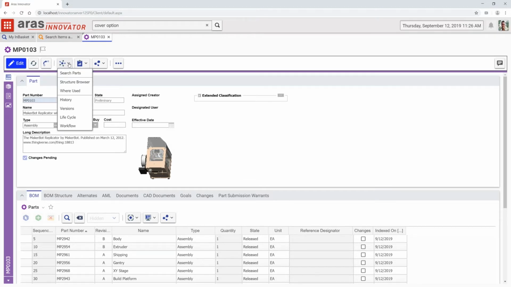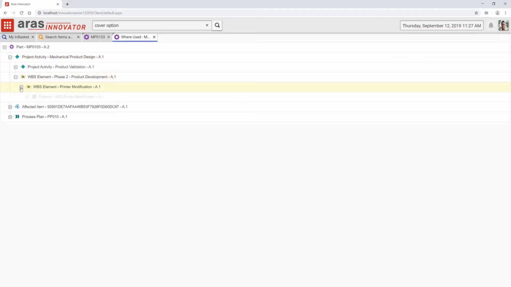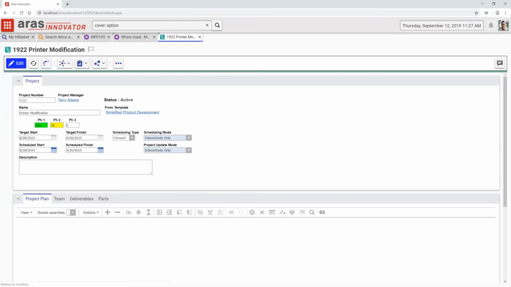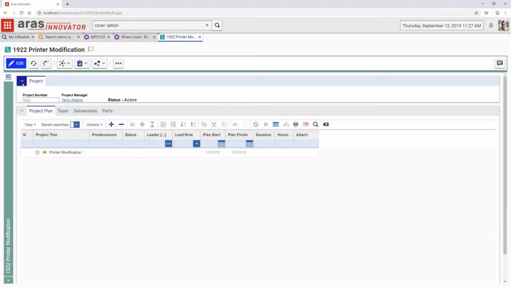And again, building that digital thread throughout this whole platform, if I was to do a where used on the overall product, I can see a change process. It's also part of an overall project, and that makes sense. Project was probably initiated in order to create this new model. So right from the model itself, I can go and see information about the project that initiated it. If it's in progress, I can see a status indicator.